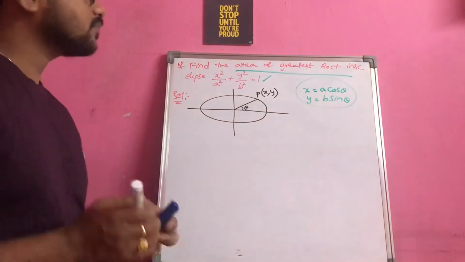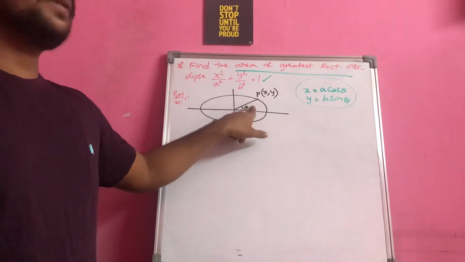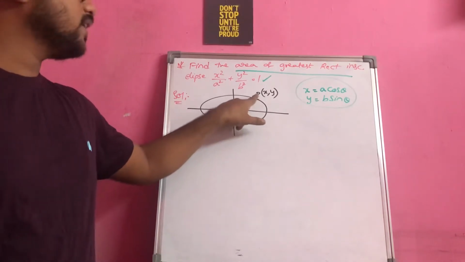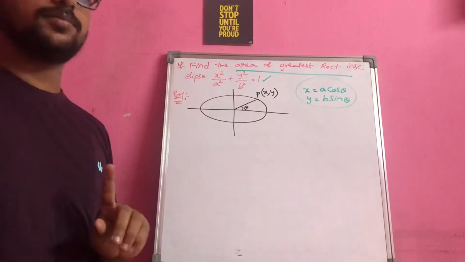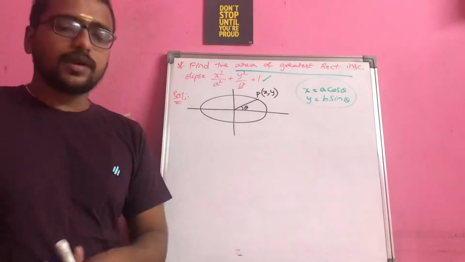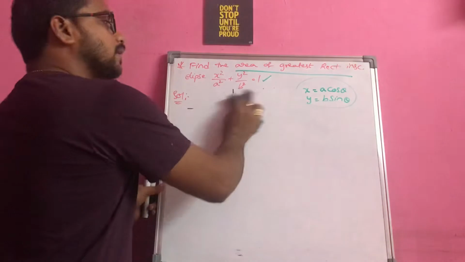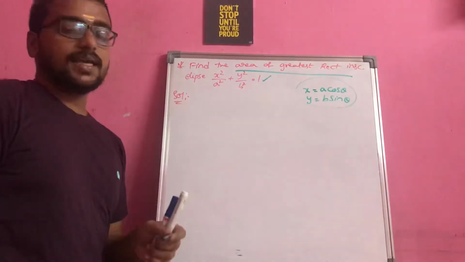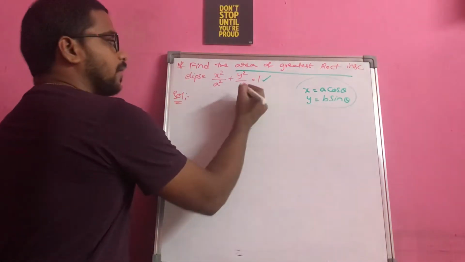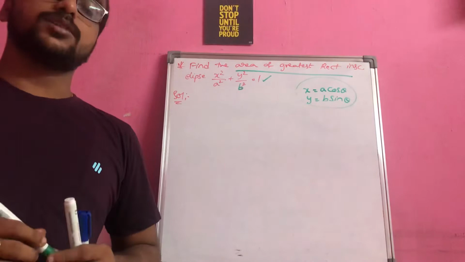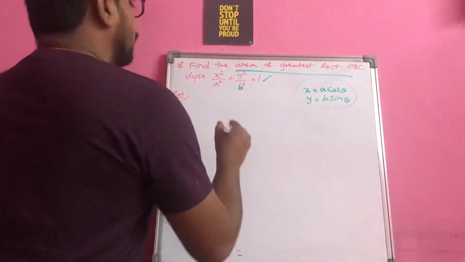So when you try to move on this point, there will be a change in theta. When theta is changing, the point also will change and you move on the circumference of the ellipse. So whenever you have conic section based questions, especially circle, ellipse and parabola, better to adopt the procedure of taking the parametric equations. Why? Because when you take the parametric equations, your calculation will become simple, especially with the trigonometric functions. Let us see now how it will become easy for us.